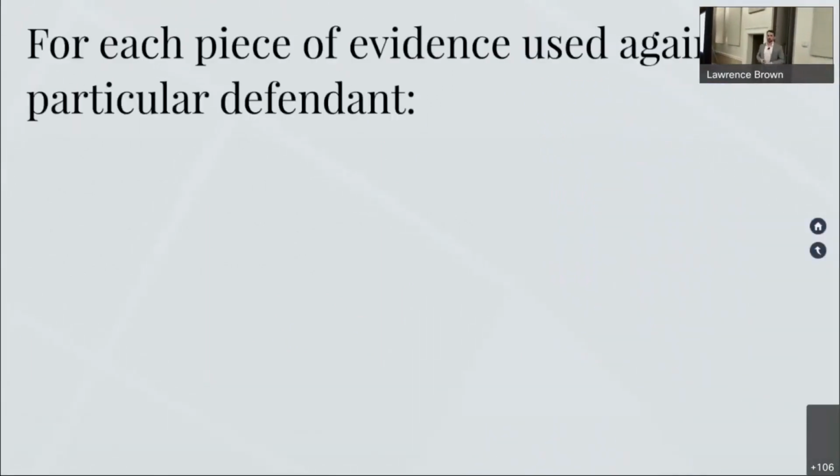The first question, of course, is look at every individual piece of evidence used against any individual defendant. Fourth Amendment rights, as you know, are defendant specific. So the fact that someone's Fourth Amendment rights were violated is a totally distinct question from whether a particular defendant's Fourth Amendment rights were violated. So first identify the particular defendant. I would suggest that that be your defendant, and then identify all of the pieces of evidence, and then figure out what the path of events that led to the discovery of that piece of evidence were.